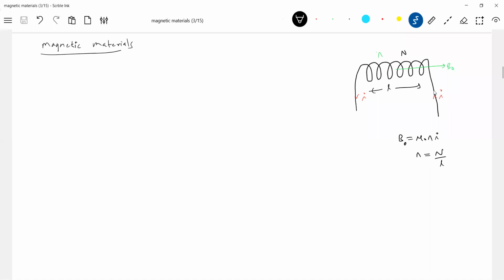Yes, this B naught is called the magnetizing field. This is the first definition I'm bringing. We don't have very good, suitable information on this, so just carefully understand the definitions I'm putting, just to understand. And always keep the solenoid in mind. To study magnetic material, you are going to take the help of a solenoid. In the books, they explain without the solenoid, and that's why you find it very difficult. They just focus on quantum nature. Since we don't know quantum mechanics, we take an example we know, the solenoid. By varying the current, I can produce this magnetizing field.